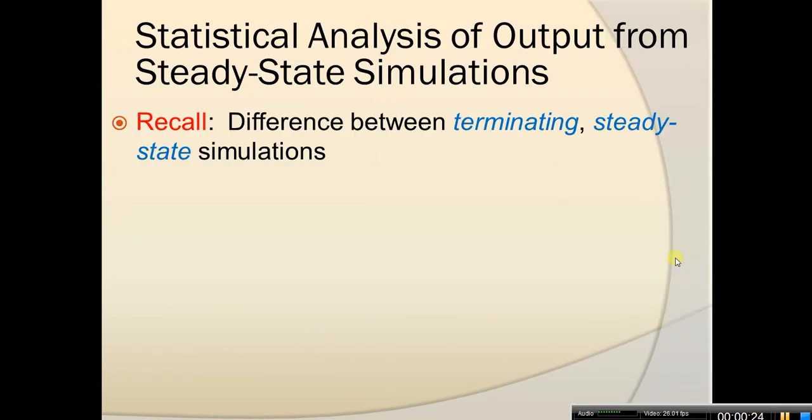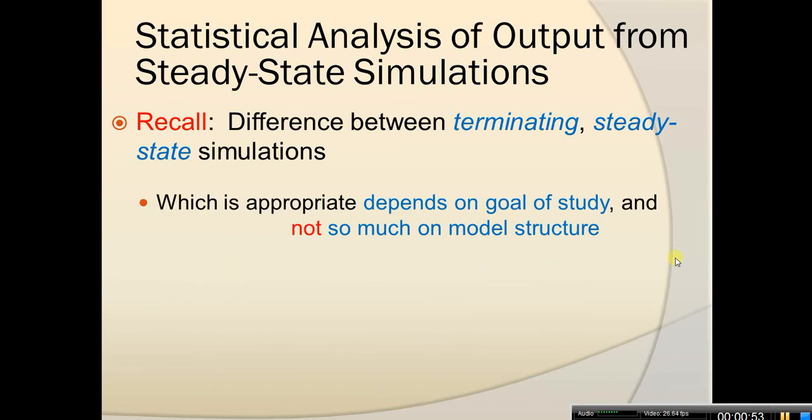So recall the difference between terminating and steady-state simulations. As you remember, the terminating simulation studied the system over a certain time period or some time interval, while steady-state simulation wanted to understand the system as it runs pretty much forever. So, as you remember,